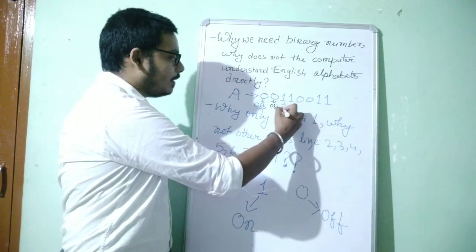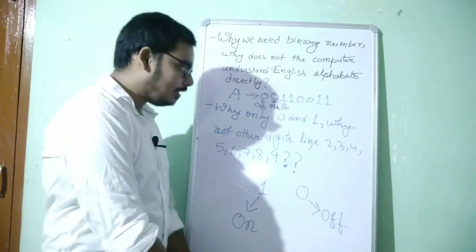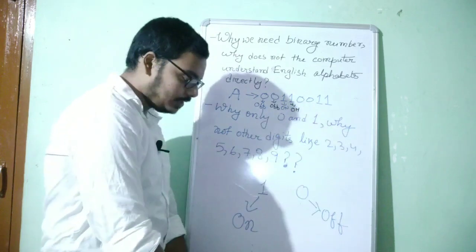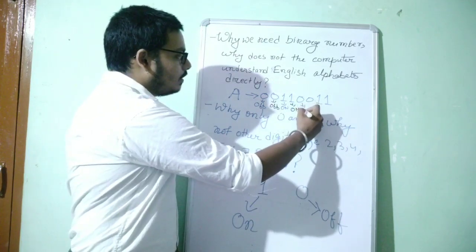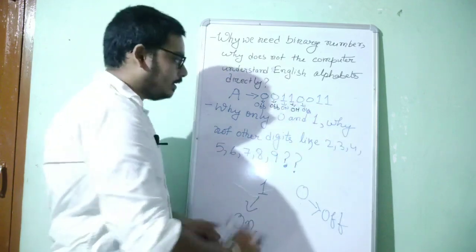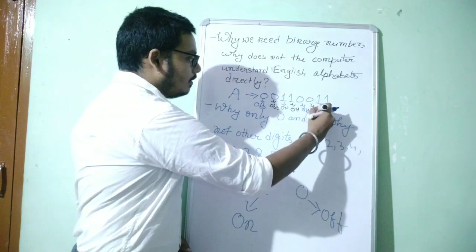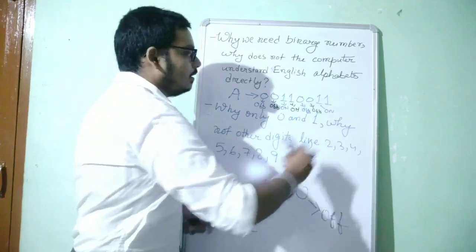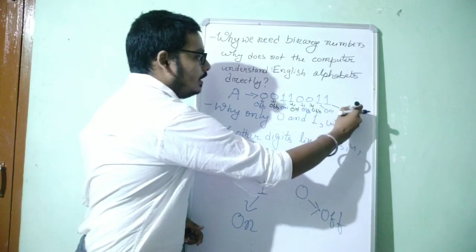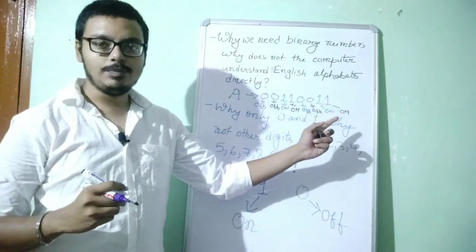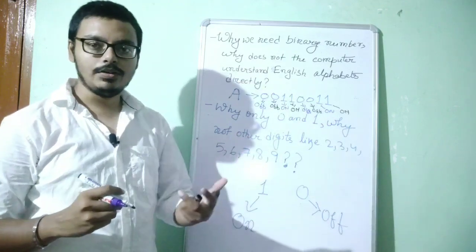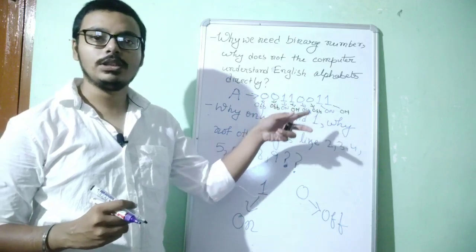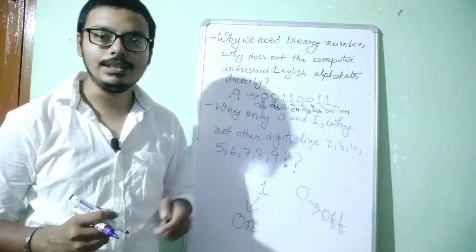transistor the electric signal is passed, that becomes on. In the fourth also it is passed, that is also on, and similarly here it is off, then also off, then the last two are on and on. So in reality the electric signal is passed inside the computer. The computer does not store zeros and ones, the computer stores electric signals.